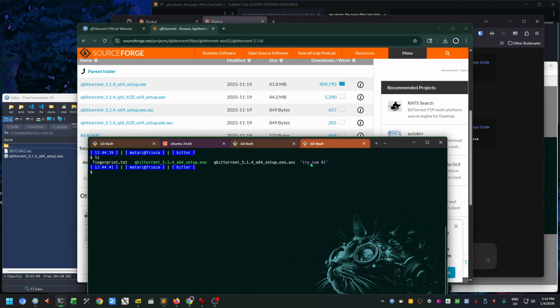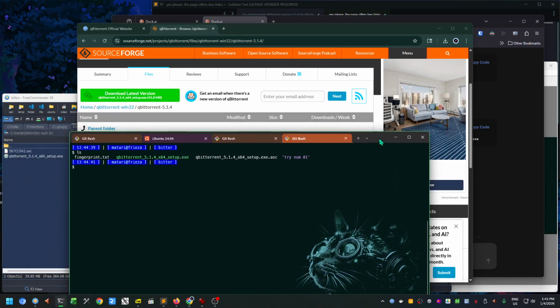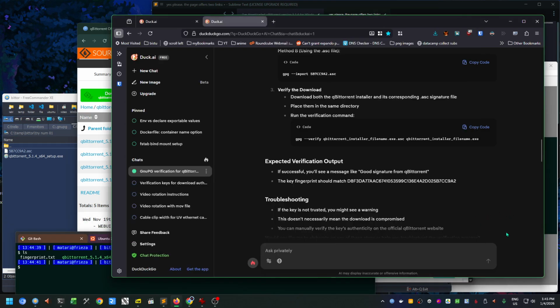This folder held my previous attempt, which was the one up here, which didn't work out for me. Okay, so now that I have these 2 files downloaded from this page,